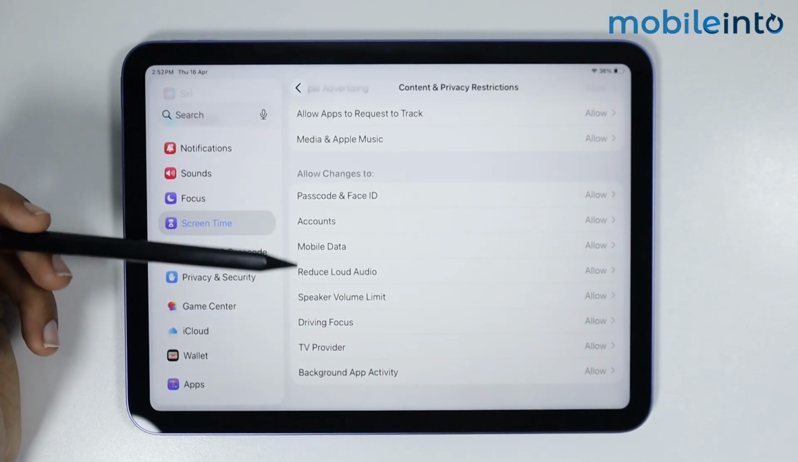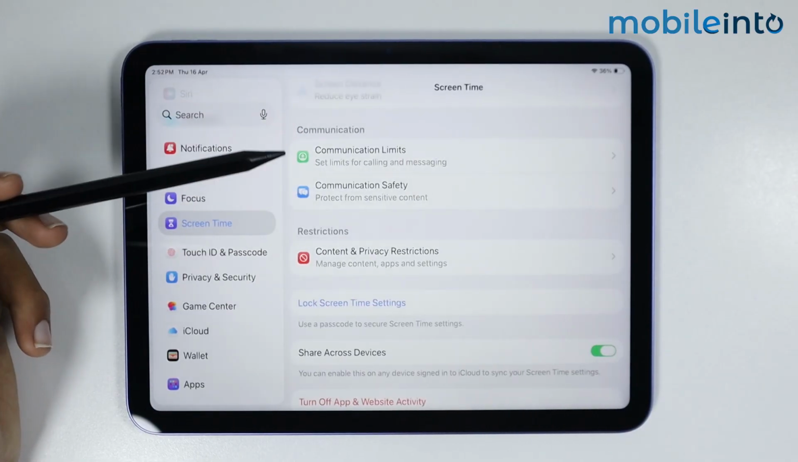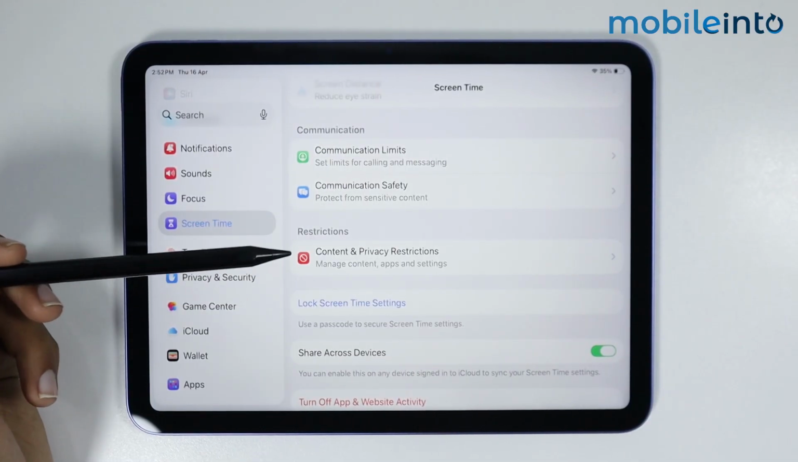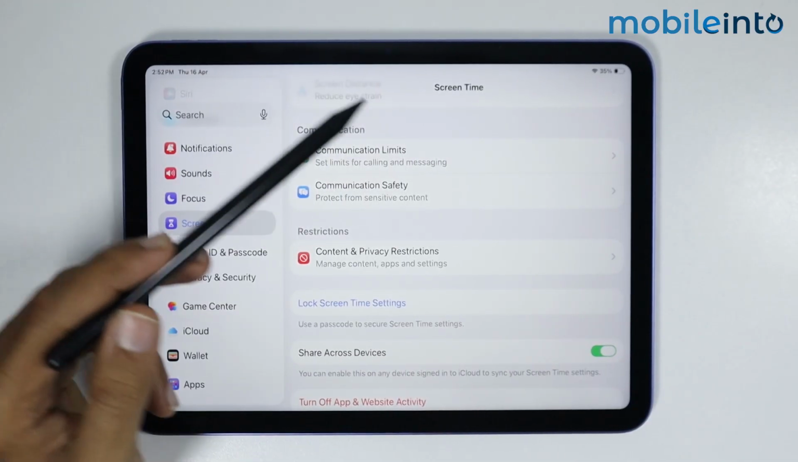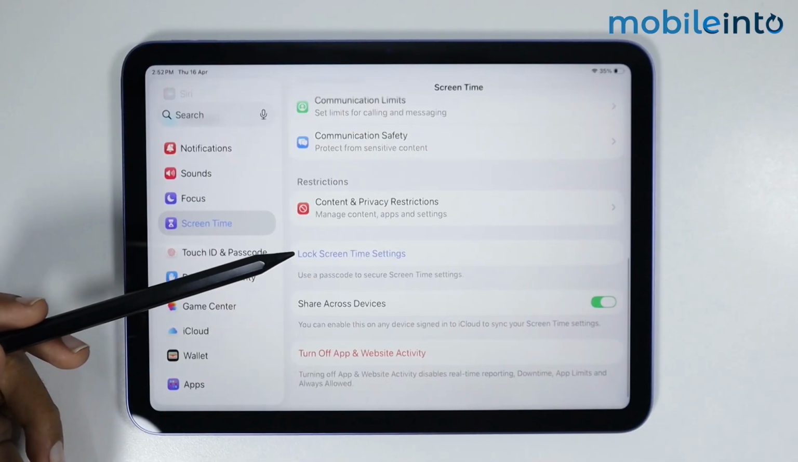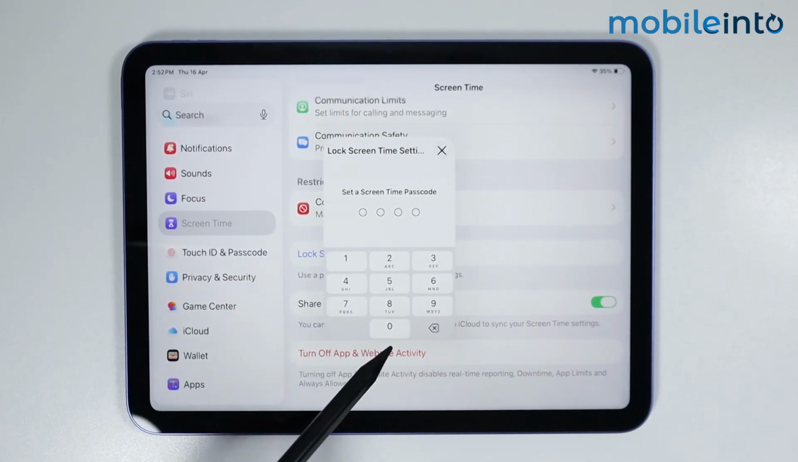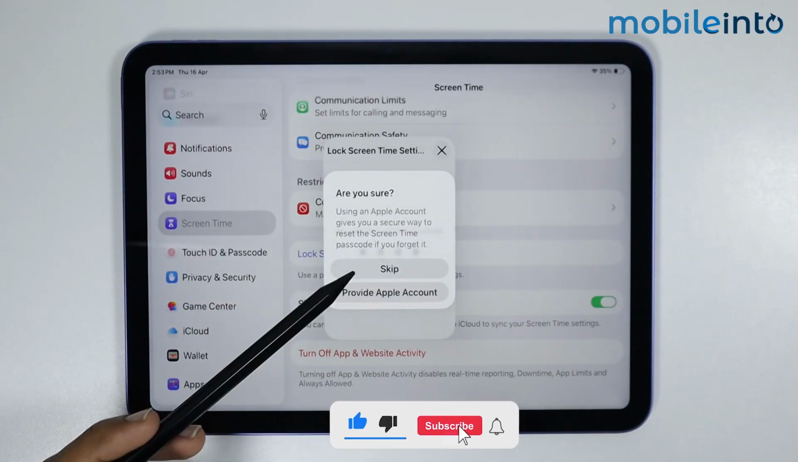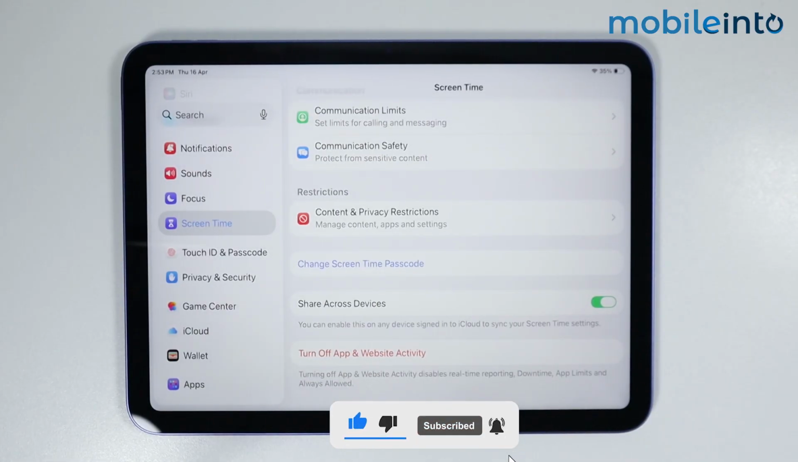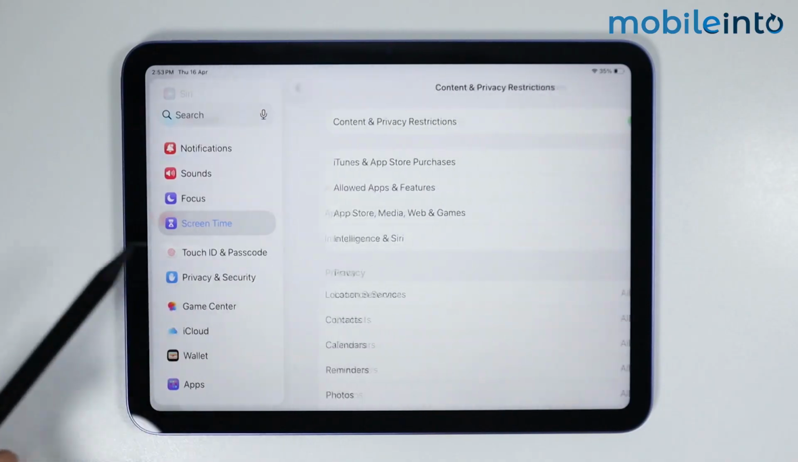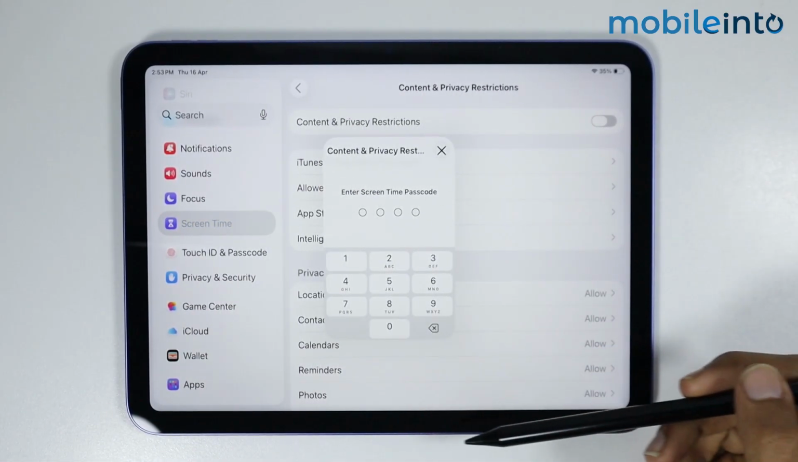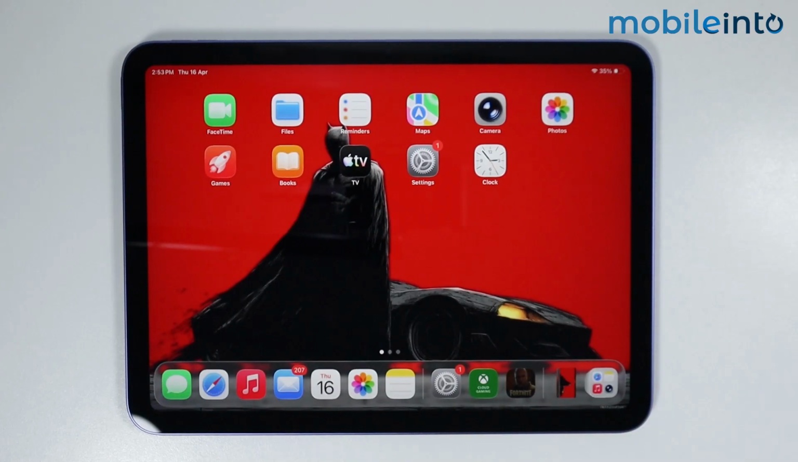Now, after you've set up the parental control settings, if you want to set a password so no one can enable or disable the settings from the parental controls, just go back to Screen Time and tap on Lock Screen Time Settings. Now just create a PIN for the parental controls, then enter the PIN one more time to confirm the PIN. Now after you set the lock on the parental controls, no one will be able to enable or disable the parental control settings without the password. And this is how you can set up parental